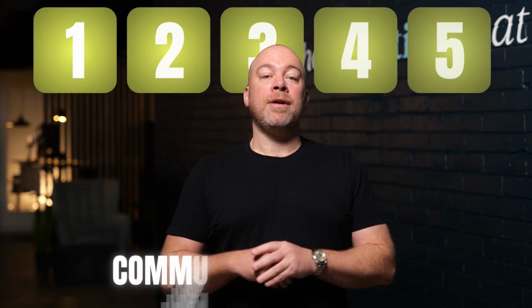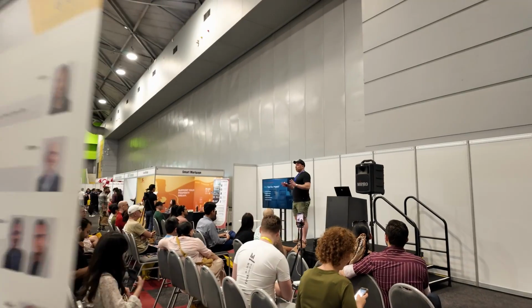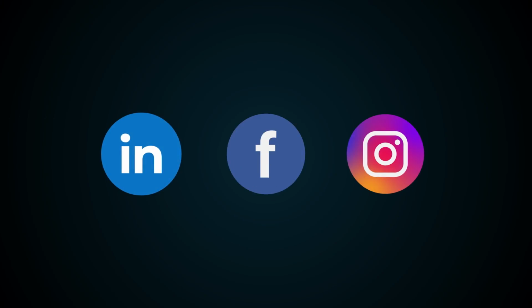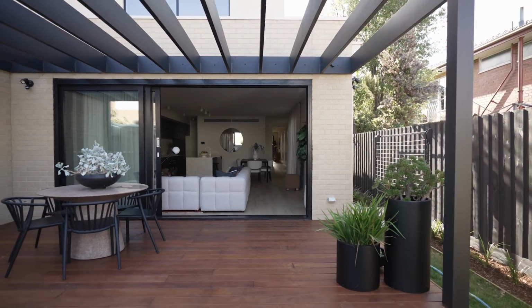And finally, secret number 5, community engagement. The best developers know that development isn't just about buildings, it's about people. Engage with the community early in your project through public consultations and social media to build goodwill and mitigate any potential opposition. These 5 secrets have powered some of the most lucrative developments across Melbourne, and they can do the same